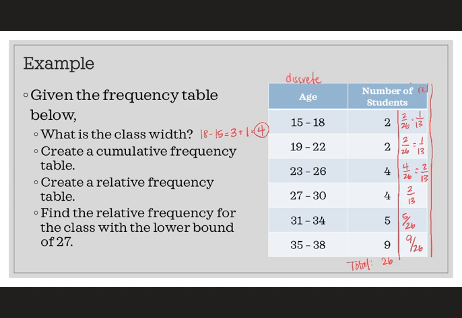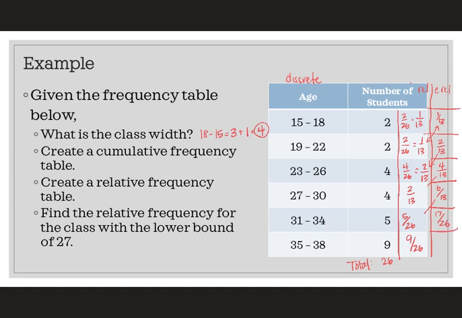For our cumulative relative, now I need to add those rows together. So I have 1 in 13. The next row is going to be that 1 in 13 plus this 1 in 13, so I'm going to have 2 in 13. I'm going to take that 2 and add it to the next row, so now I've got 4 out of 13. I'm going to add that to the next row, so 4 and 2 more is going to be 6 out of 13. Then you've got to use your common denominators, all of your good information. Take 6 out of 13, add it to the 5 out of 26. It's going to be 17 out of 26.